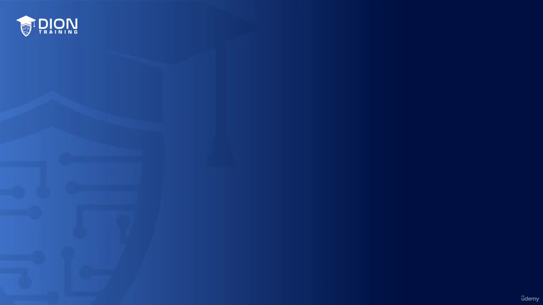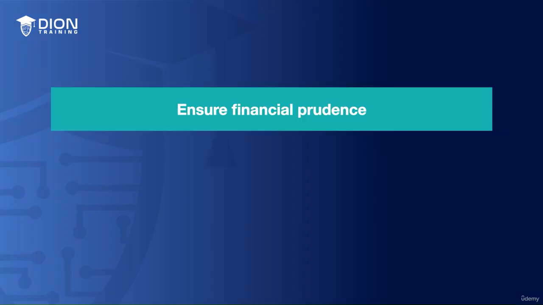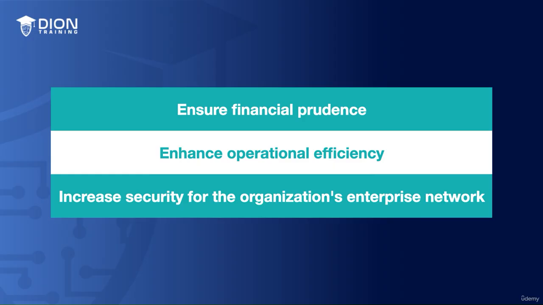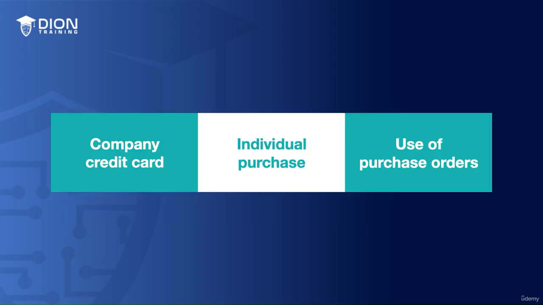So remember, acquisition and procurement involves more than just buying something. Acquisition and procurement are structured processes that are designed to ensure the financial prudence, operational efficiency, and increased levels of security for your organization's enterprise network are being achieved. Whether it's using a company credit card for an immediate need, seeking individual reimbursement, or following a stringent approval process like the United States Navy ITPR process, acquisition and procurement is all about making the right decisions in the best